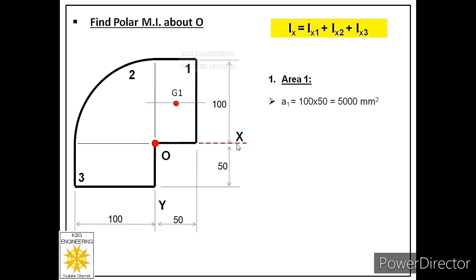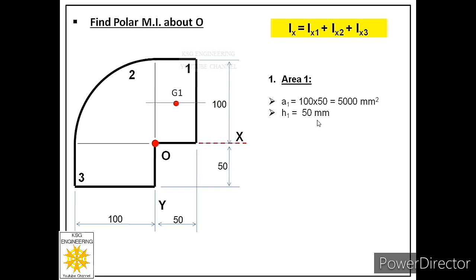Now what is the next step? Next step is to find the distance between those two axes, which is called h, and as it is related to area 1, we'll call that h1. Now in this case, what will be that distance? Let us find. You can see the x-axis given over here, so we can assume that this is the base. From that base we are given 100 mm as the width of this rectangle. We know that the centroid lies at half of that width. So the distance between these two axes will be 50 millimeters. So in this case h1 is equal to 50 mm.